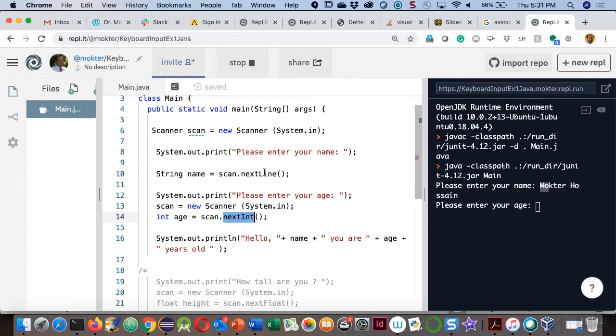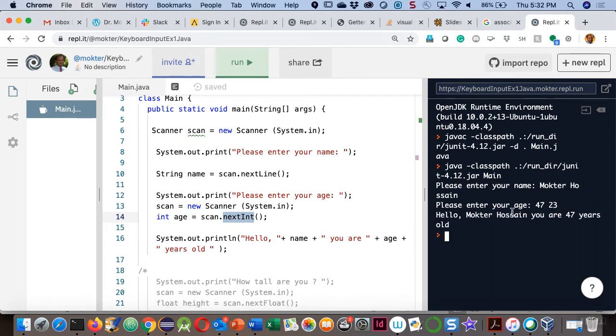So first we use nextLine for taking any input in one line, and you see nextInt is taking an integer number. If I say 47, and if I give two numbers with a space, previously it took my full name with space, but nextInt will not take any space. It will take only the first number, before the space. An integer does not take any decimal point. Okay, so if I now press enter,